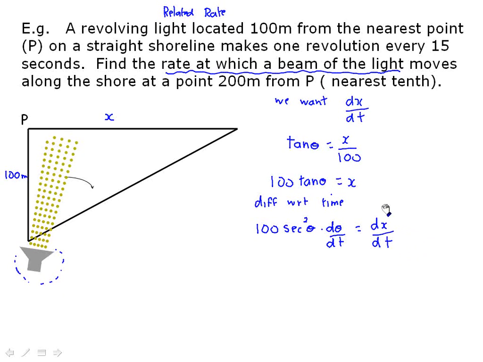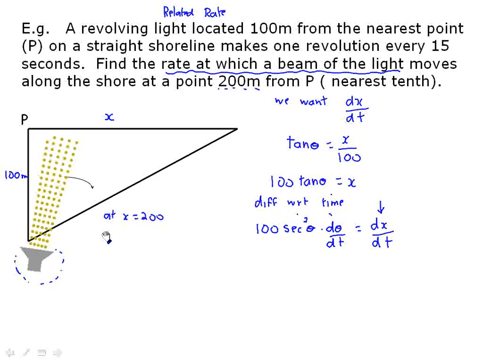I would pause for a second. I don't mean pause the recorder, I mean pause just to think. You see, we want dx/dt, but we should see what we've got. And in fact, it's a little depressing because we don't have d theta/dt, we don't know what that is, and we don't have secant squared theta. So we don't really have much to work with. So we have to go after those two variables if we have any hope of solving this. But we can't. And the way we can solve it is because at x equal to 200, which is what the question is all about,